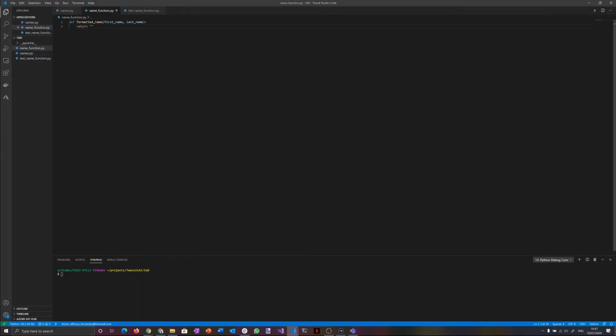So it has the right signature, so it's called formatted name, and it has two arguments, two parameters, first name and last name, but it returns blank. Now, in true TDD style, the very first thing we need to do to make sure that we write the right code for the client, we need to create a test framework, a test suite, to be able to run